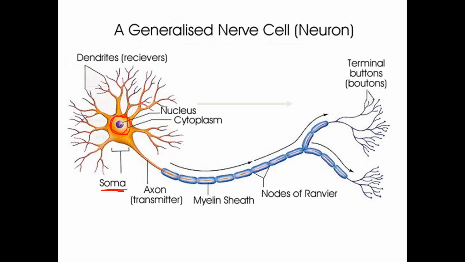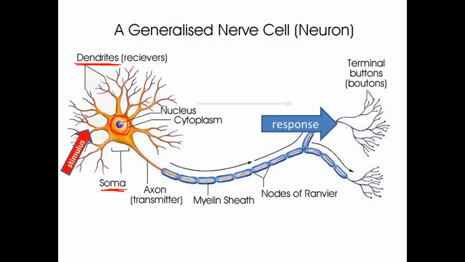The other thing that you will notice is that the cell body is surrounded by these roots or branches. Now these are what are called dendrites. The dendrites, which I think really means roots, are the receivers of the nerve cell, and that's where information from other nerve cells or different tissues in the body is received. So the stimulus for the nerve cell is passed via the receivers, the dendrites, to the cell body, and the information needed to respond, the response, is then passed